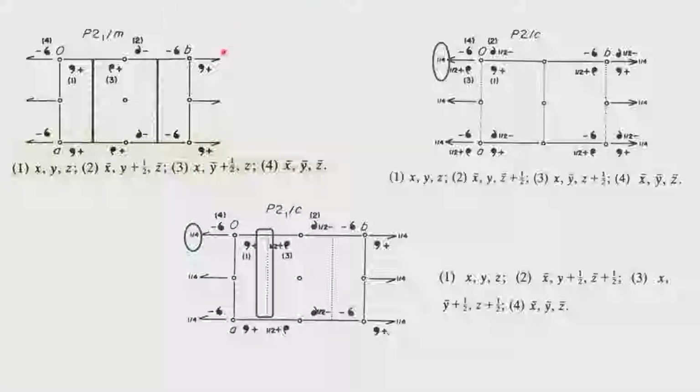So, the next one is to see how these now translate themselves to the presence of the newer space groups. The next space group we discuss will be P21 upon m. So, what is the take home lesson in P21 upon m? In the case of P21 upon m, the mirror symmetry is the one which is shifted by 1/4.